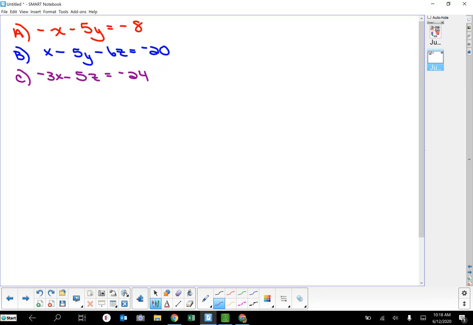So what you want to try to do here, again, we want to use substitution. This is a little weird because equation A has an x and a y. Equation B has all 3 terms. And equation C has an x and a z. So one of the methods, remember, we want to use substitution. If you can easily solve an equation for a variable and then plug it into other ones, that's what we're going to do. So I'm going to here use equation A, and I'm going to solve for x,